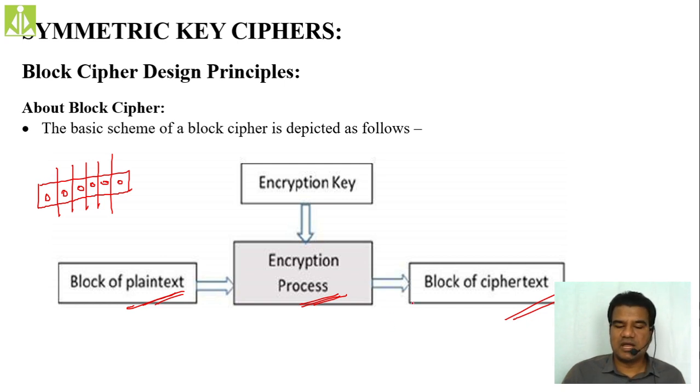In between this conversion, we are making use of this encryption key. Many issues we have to discuss. This is just the block diagram, or the basic scheme, of how we process the plain text into ciphertext inside block ciphers. We have one mechanism; to that mechanism we give one block of plain text, and we get one block of ciphertext. In order to convert the plain text into ciphertext, we make use of your key. This thing you have to remember.